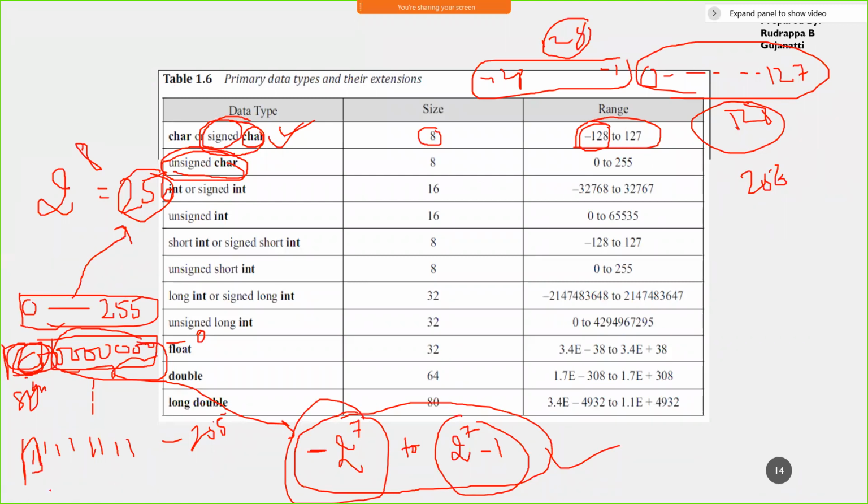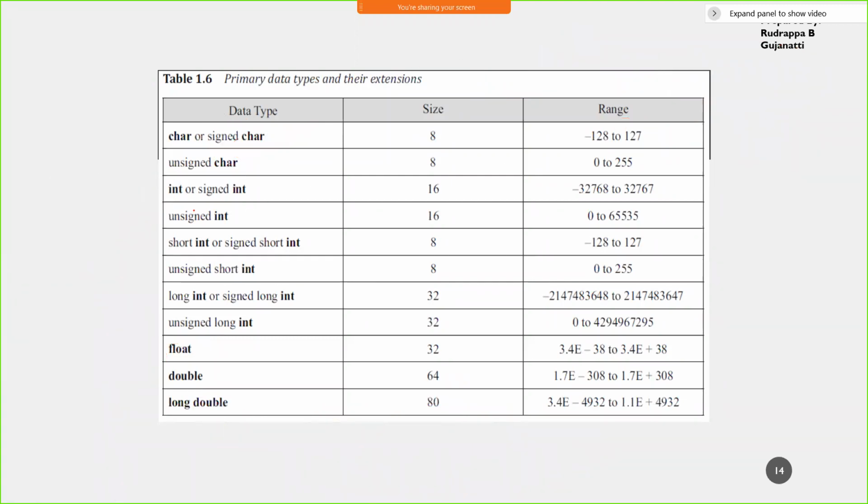Similarly, if I take integers, I'll take the unsigned int first. Integer has 16 bits, so it will consume 16 bits, that is 2 bytes.